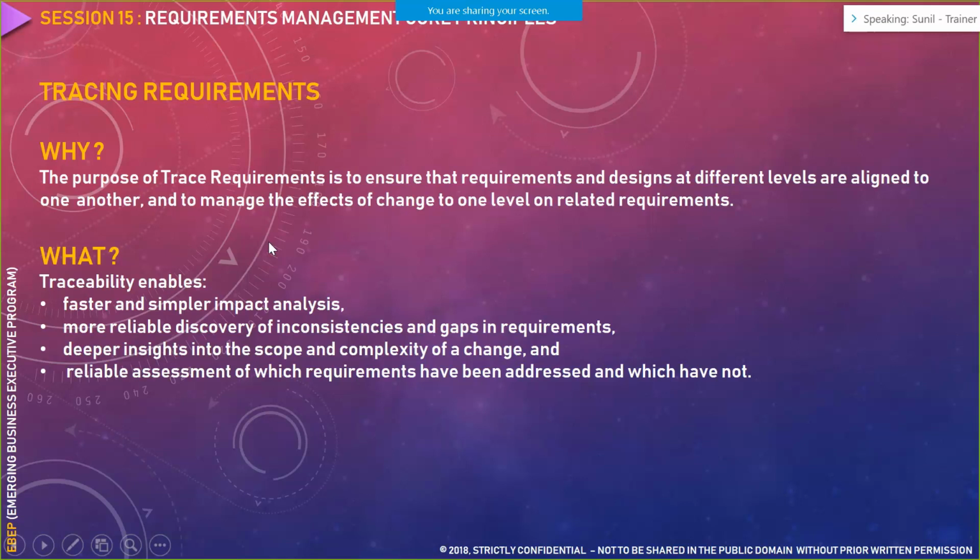Size we can assess, that is the secondary thing, but we need to first assess the complexity. And how do we come to a conclusion for complexity? By assessing the scope. We would first assess the scope. Okay, these are all the areas it is impacting, then this is a complex thing. If we change this, then the other things also need to be changed. That would give us the complexity information. And size is the other factor, which would essentially add up to the manual effort associated with that particular change of the requirement.